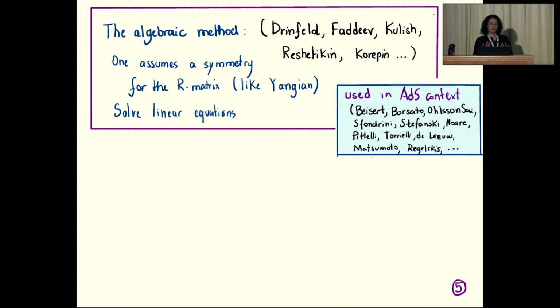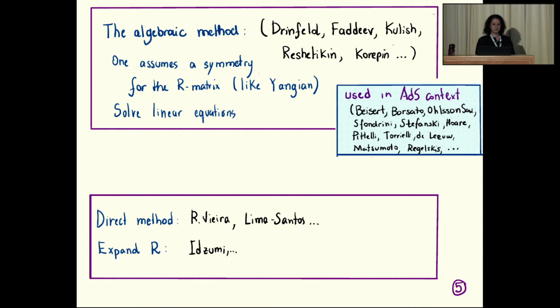Of course, a lot of work has been done on this subject. For example, the algebraic method is by far the most successful to find integrable models. Lots of models were classified in this way, very systematically, and in particular in AdS/CFT most of the R-matrices that were found used this method. A very important part of this method is to have a symmetry, like Yangian, for example, and you cannot apply it if you don't have a symmetry. So there are some limitations, but if you can apply it, it's very nice. You can solve linear equations to find your R-matrix, so it's very effective.